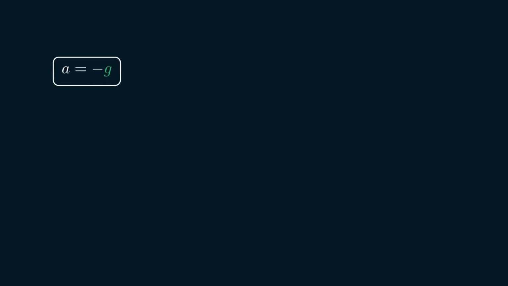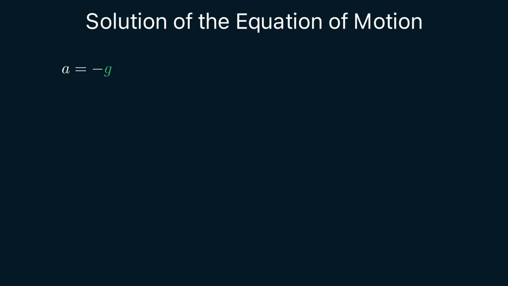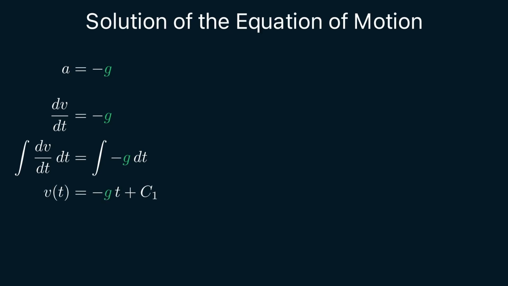Alright, this is our equation of motion, and now we'll solve it step by step. The goal is an explicit expression for height y as a function of time. Acceleration is defined as the time derivative of velocity. Now we integrate both sides over time. On the left we get the velocity, on the right the antiderivative of the constant minus g plus an integration